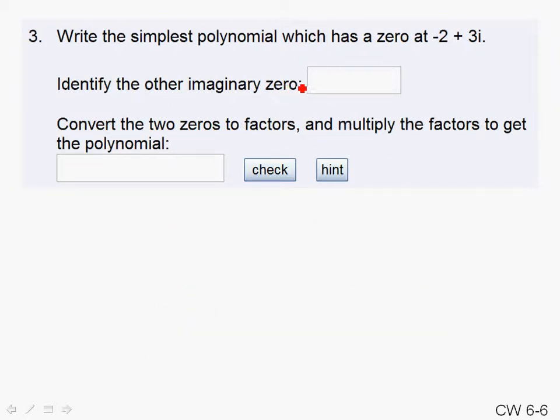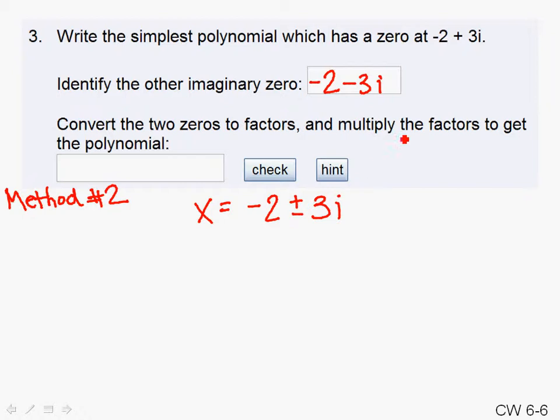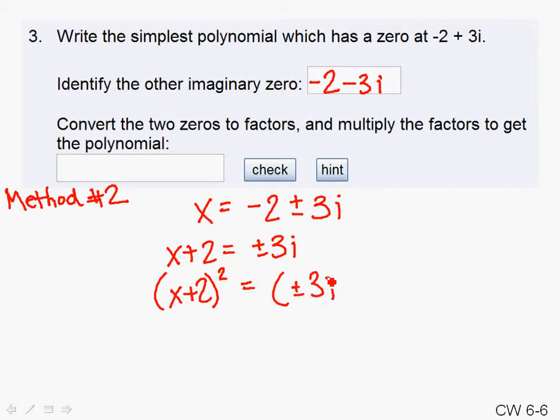So number 3, we identified the other 0 was -2 minus 3i. This is method 2. Okay, so we know that x equals -2 plus or minus 3i because we have the complex conjugate. We have plus up here and minus is our other imaginary 0. If we work this backwards, we would add 2 to both sides, so that means x plus 2 equals plus or minus 3i. If we square both sides, we have x plus 2 squared equaling plus or minus 3i